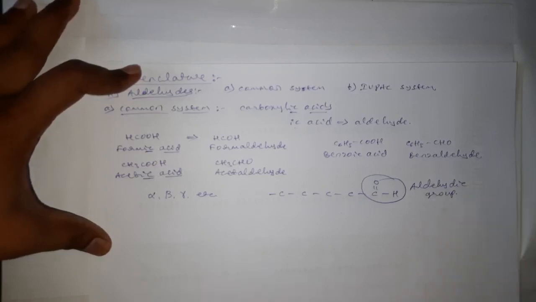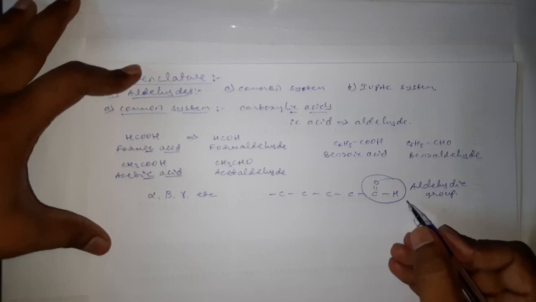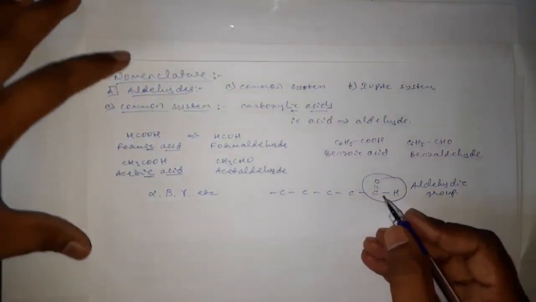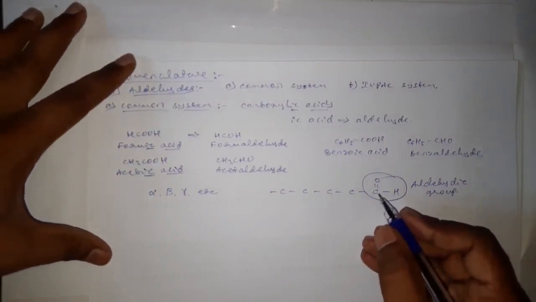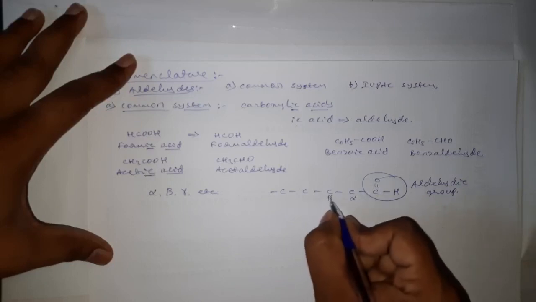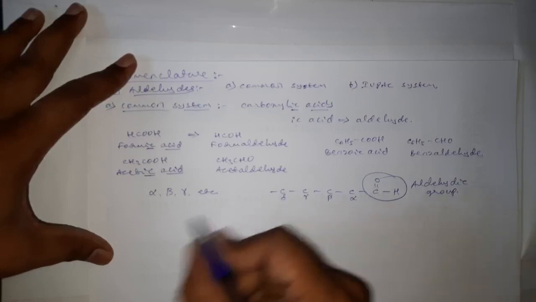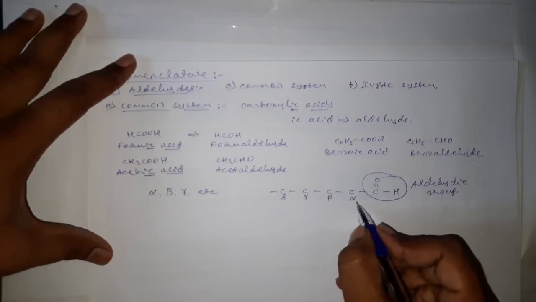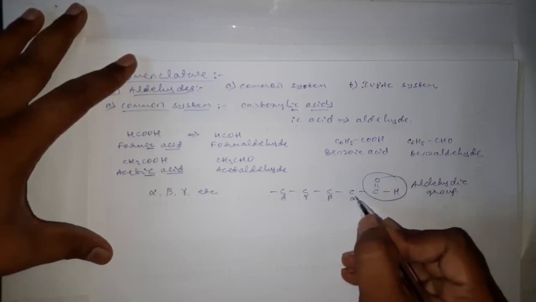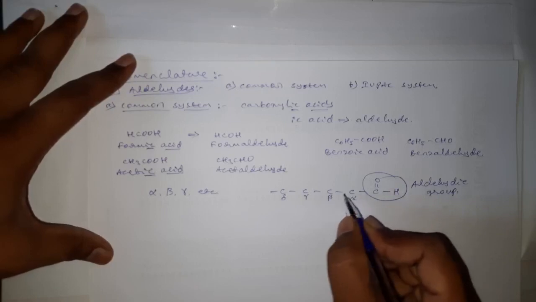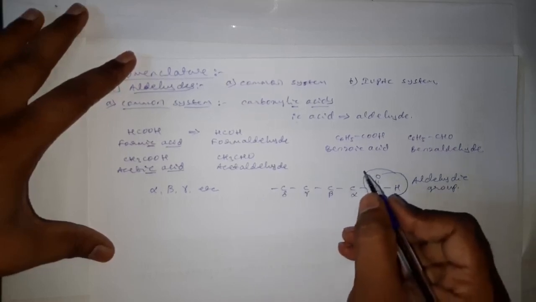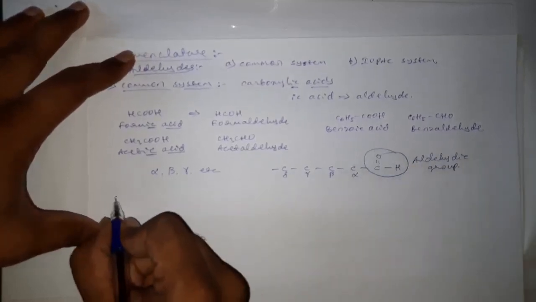If substituents are there in a given aldehyde, then we start numbering the carbons from the aldehydic group as alpha, beta, gamma, delta, and so on. The carbon which is directly attached to the aldehydic carbon is marked as alpha, and the next carbon is beta, gamma, delta, and so on. Okay, see some examples: